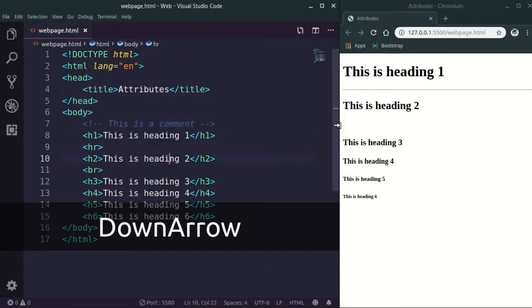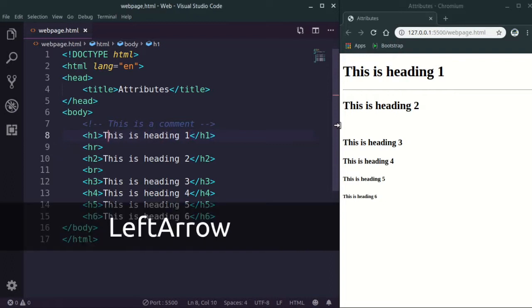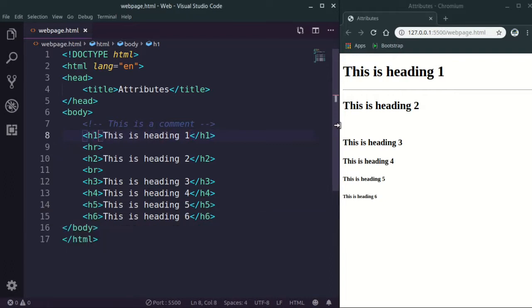So here, if you want to customize anything, you can customize that. It's not important that you use that in CSS only. Attributes are used for that also. If you want this h1, this heading 1, to be aligned at the center of the web page, so what you do for that is you say